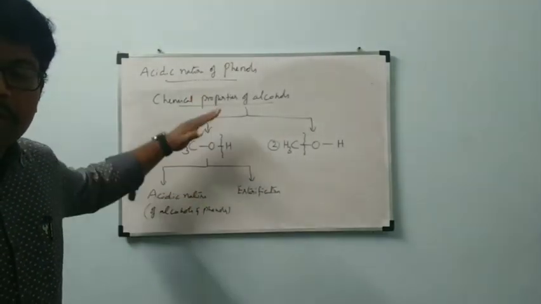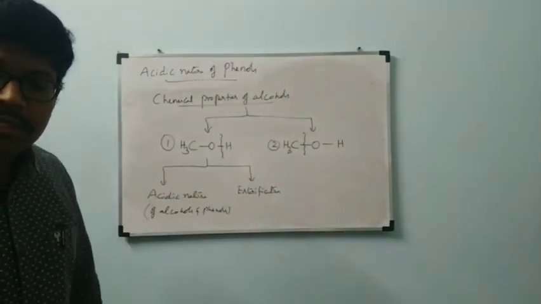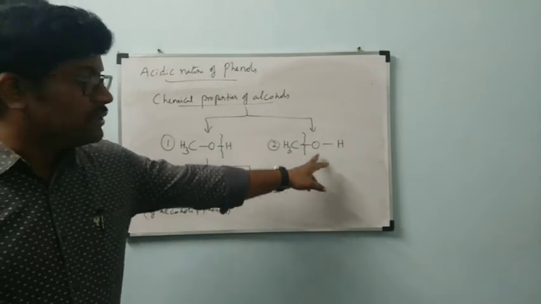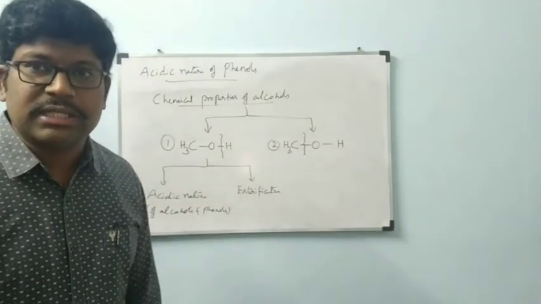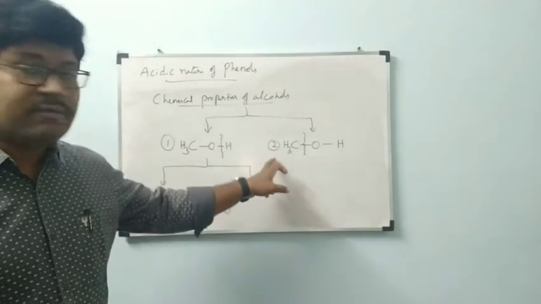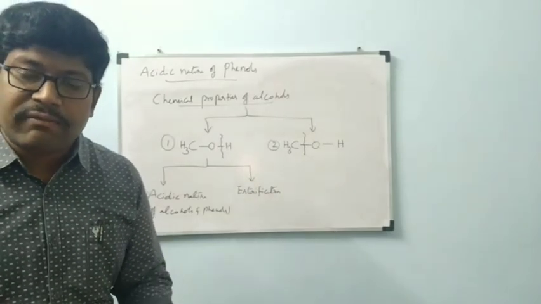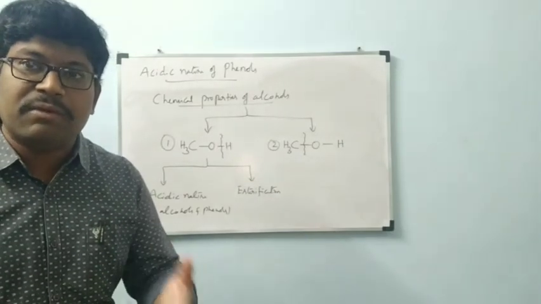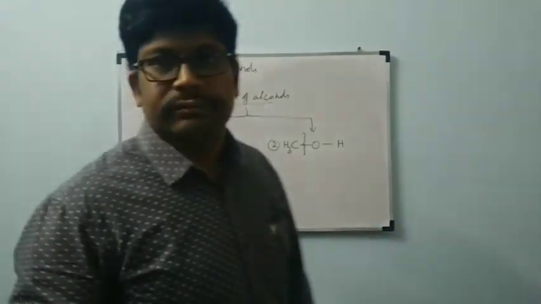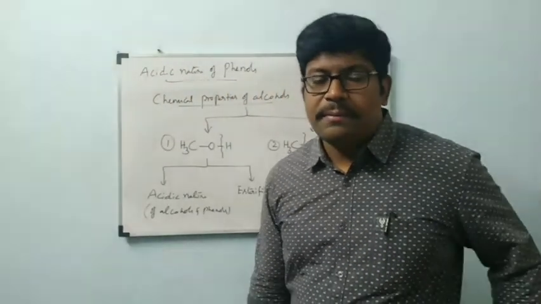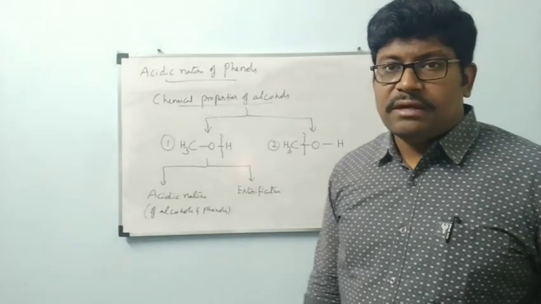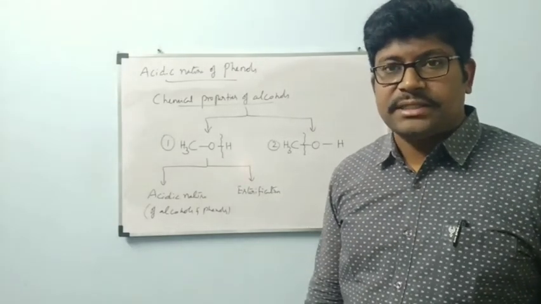So till now we have completed OH bond cleavage properties only. Now we have to see CO bond cleavage properties also. Those are involved with the second one. So our next slide heading is chemical properties of alcohols by the involvement of CO bond cleavage.